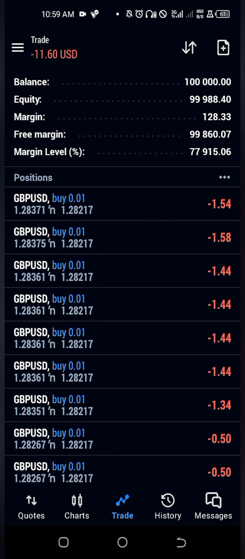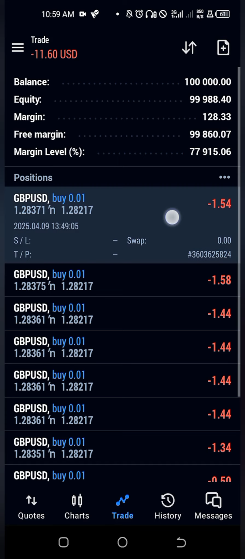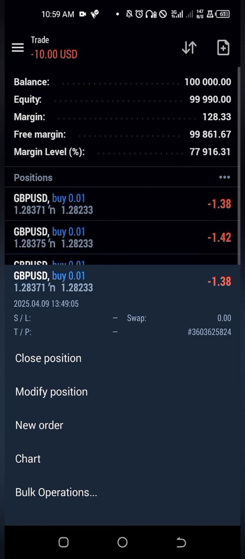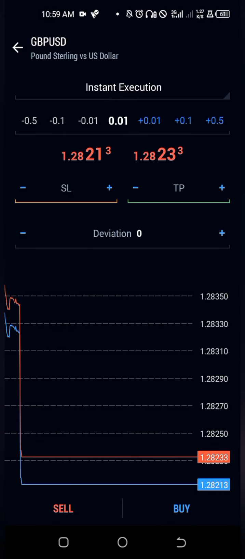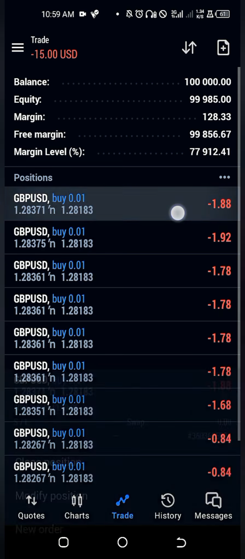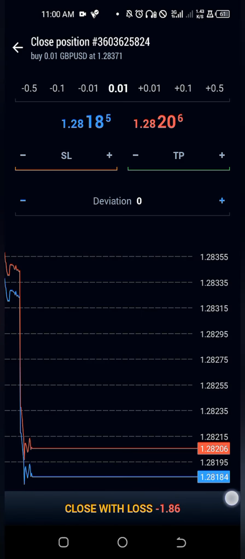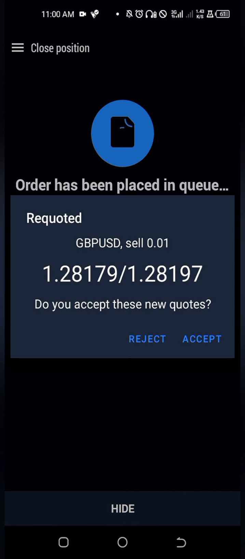How do you do that? You simply tap on the currency pair you want, you tap and hold for a while, right? You don't just tap, you tap and hold for a while. Then these options pop up. You can close your position, you can modify your position, or you can put a new order. All right, so you tap on it for a while and then you can close position. Now it will ask you, do you want to close with a loss or close with a profit? If you say you close with a loss, right, and accept,